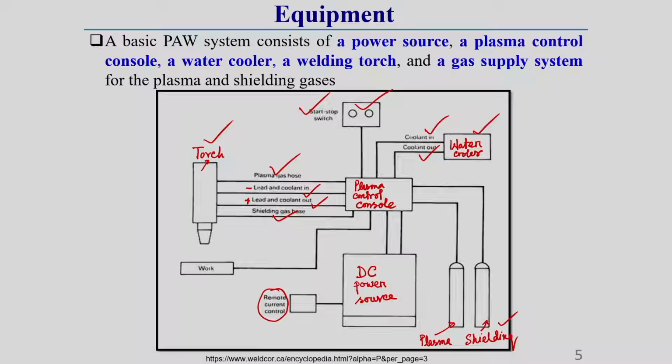And there is another pipeline, one is used for coolant in, another one is used for coolant out, which I have written here. This is coolant in and coolant out. So, you see these are the entire equipment, or you can say the entire setup of a plasma arc welding process. Here you see this is the nozzle, in this nozzle the arc is started between this workpiece and the torch. This is the arc.